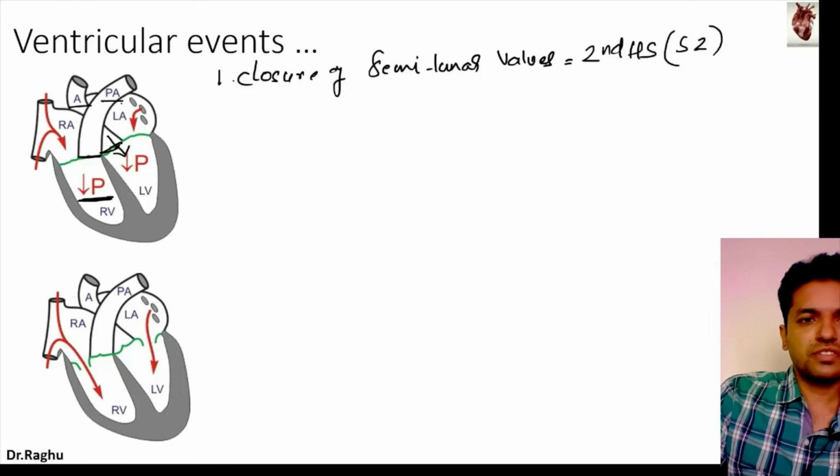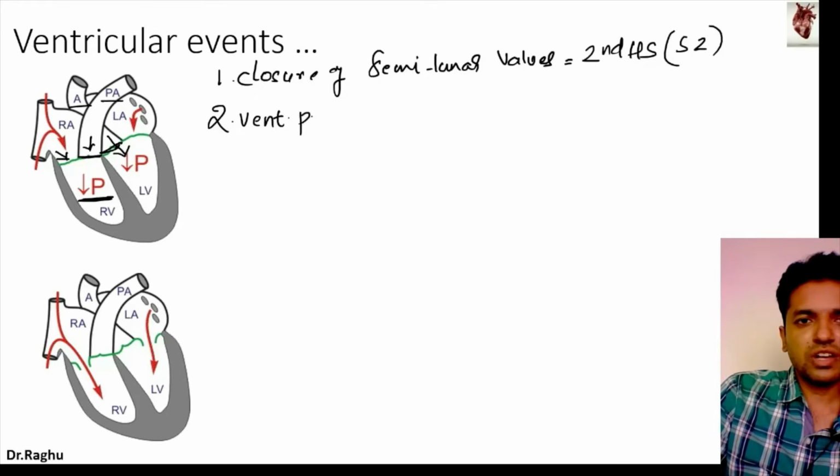After the closure of the semilunar valve, now what is happening? The ventricles begin to relax, but the ventricles are relaxing now as a closed chamber. Why am I telling you it's a closed chamber? Because there is closure of the semilunar valves as well as closure of the atrioventricular valve. So what is happening in the ventricle is that the ventricular pressure inside the ventricle begins to